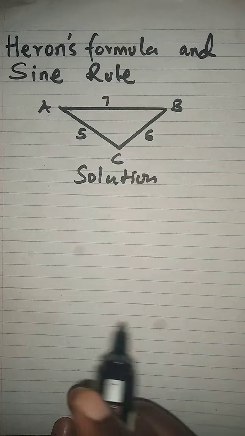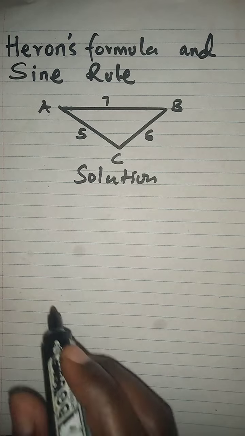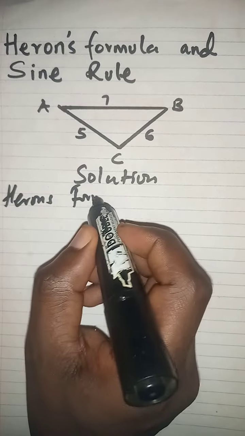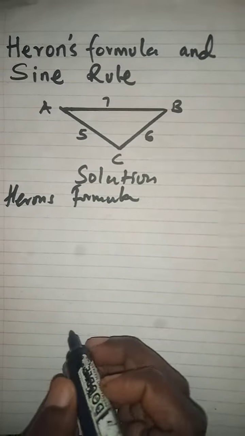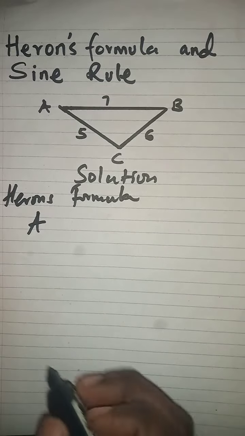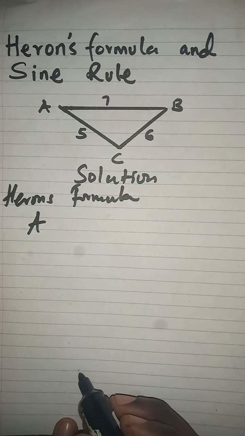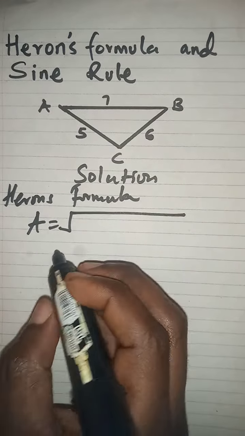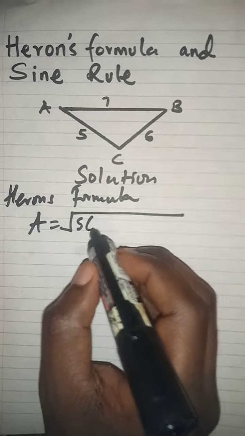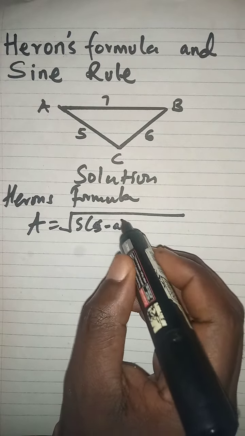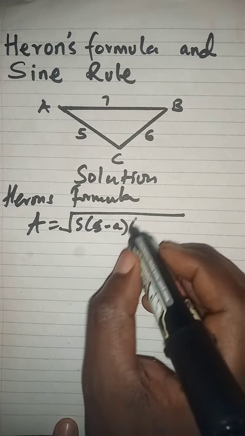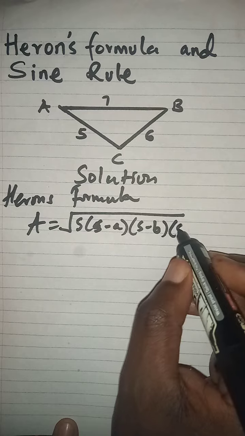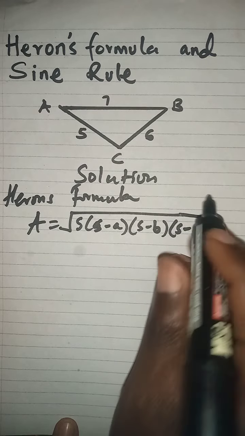If you can recall, Heron's formula says that if I have the area of any given triangle, then this can be gotten as the square root of s times s minus a, s minus b, multiplied by s minus c,